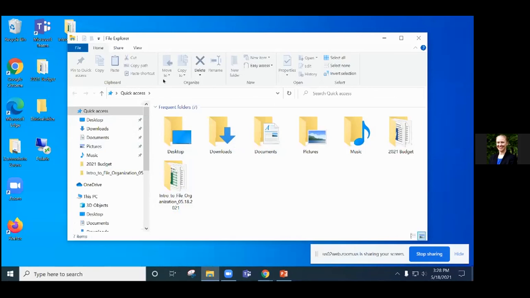It says easy access in the new group. Oh, yes, up here. Yeah. So this is going to be something that's a little bit more advanced,